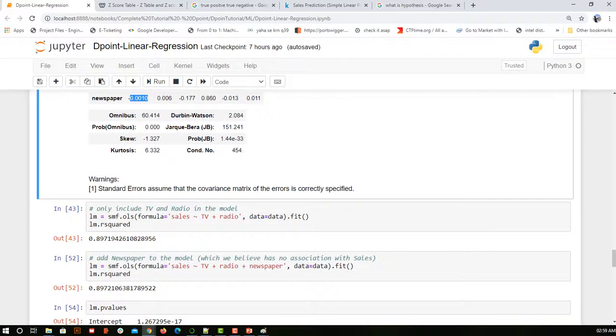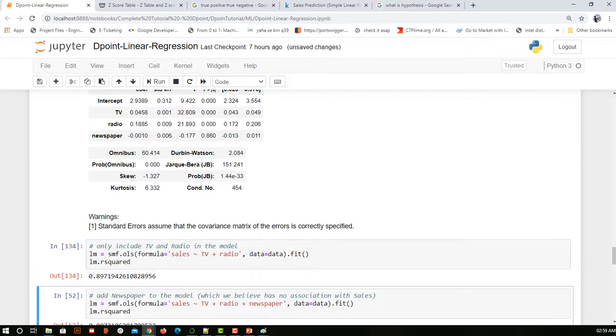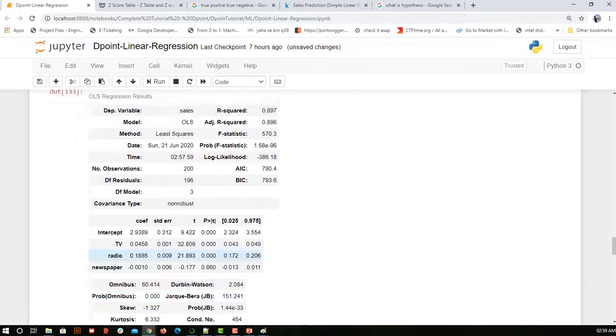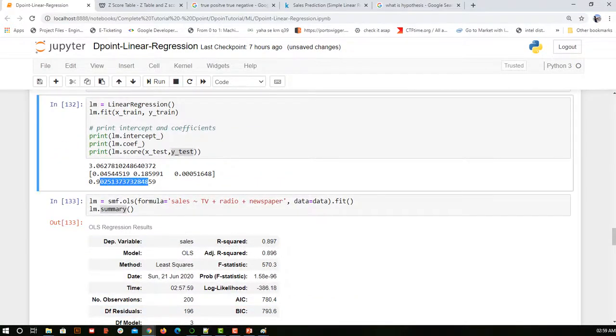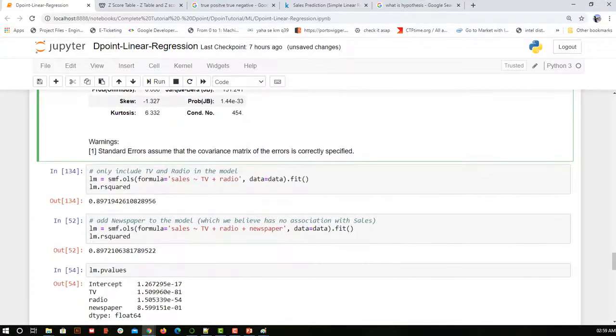Now what I am trying to do is, because my coefficient of newspaper was small, I am going to remove my third attribute and find my accuracy with only 2 attributes. So let me see now. You can see my accuracy initially was 90%, and now I have removed my third column and I am still getting 89.7%. So this is 0.897 in terms of 0 and 1, but overall it is 89.7%. So I can say that I'm not much affected.